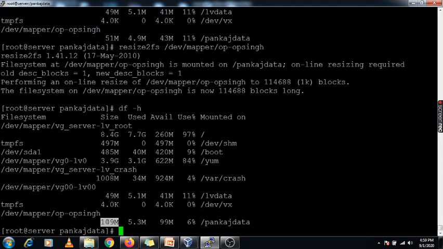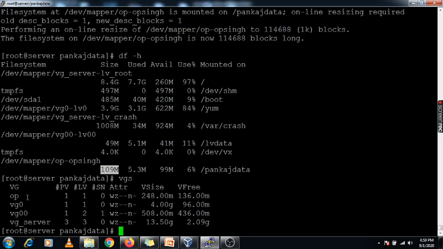If you want to extend a particular VG, you need to take a PV from a physical disk, create the PV, and then extend it. Type the vgs command, and this is my VG name.